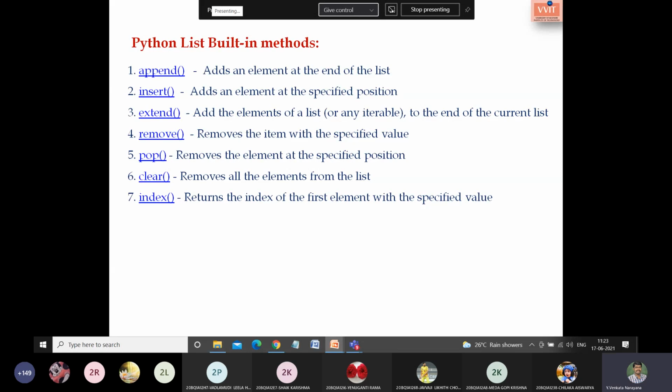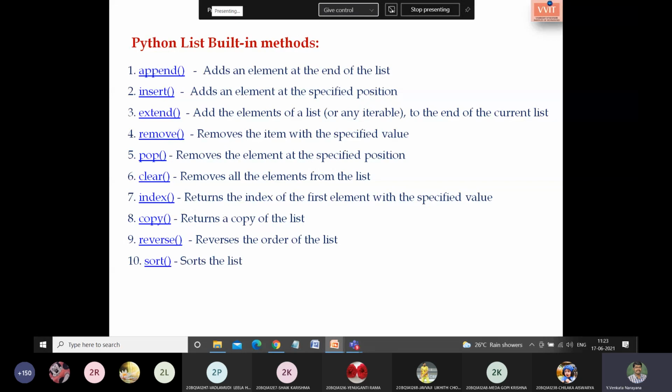The next method we have is copy, which is used to copy a list. And we have a method called reverse, which is used to reverse the order of the list. And we have a method called sort, which is used to sort in ascending and descending order, both are possible.